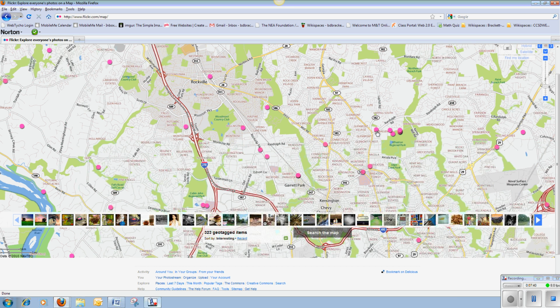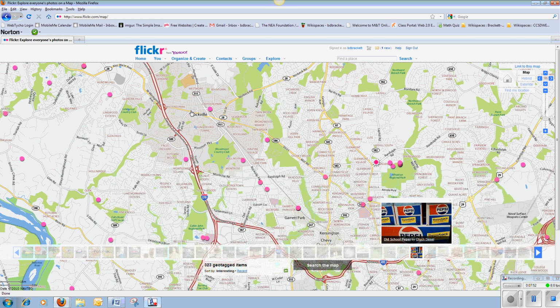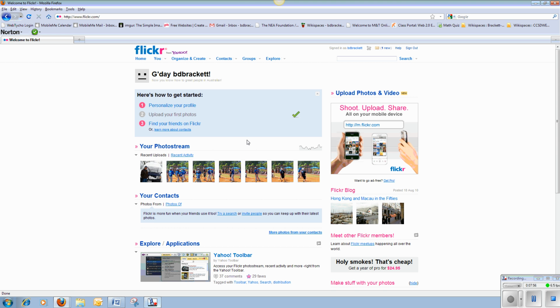So let's pick a picture closest to me and see what it is. And this is actually the 7-Eleven across the street from where I live, so this gives you an idea of what we're looking at. Now, to geotag a picture, to put it on a map, let's go back and find